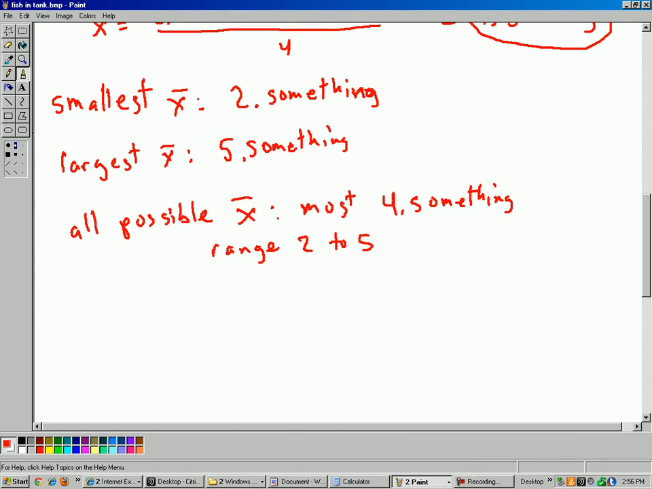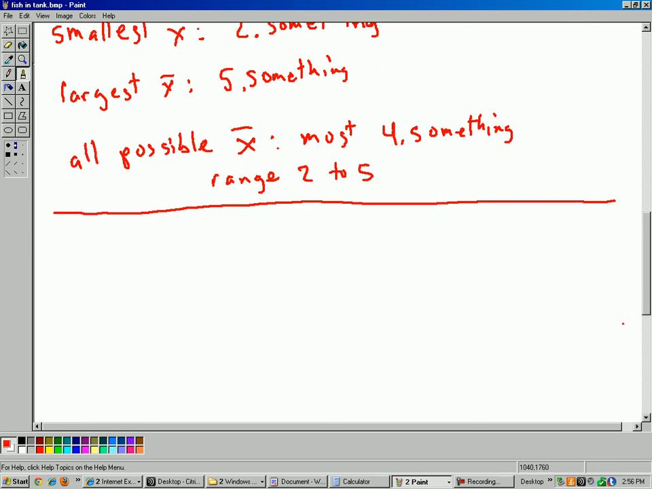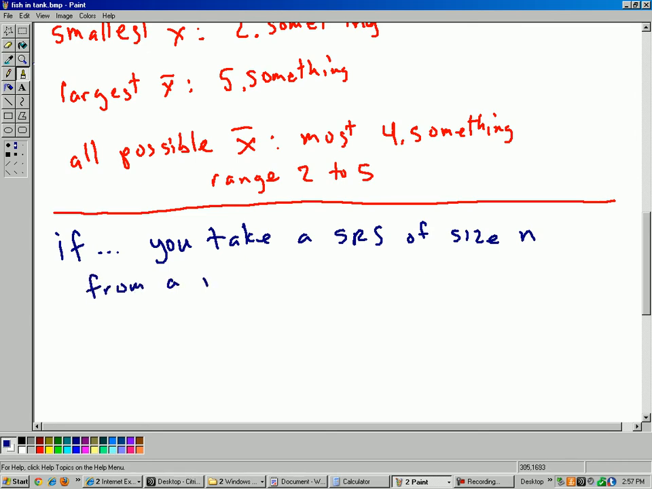This brings us to the first rule regarding sampling distributions. And by the way, this is page 293 in your textbook. Let me write it out here. Let's switch to blue. So here's the first rule: if you take a simple random sample of size n from a population,